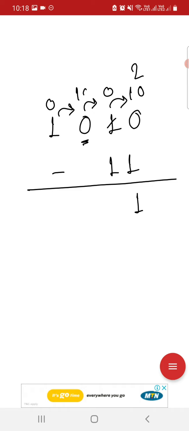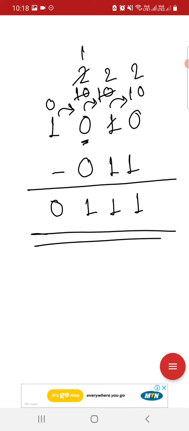That will be 0 and that will be 10. 10 means 2. 2, then you can take a borrow from that 2, that will be 1, and that 1 will be added here. That means 1 0 means 2. From that 2 you can subtract 1, that will be 1, and now you have a 1, and if there is nothing, you can consider that as a 0. 1 minus 0, that will be 1, and the 0 will remain same. So that is the answer.